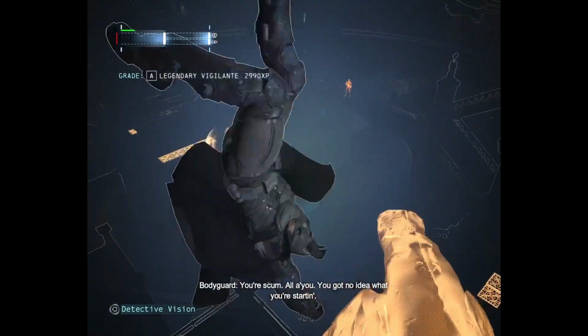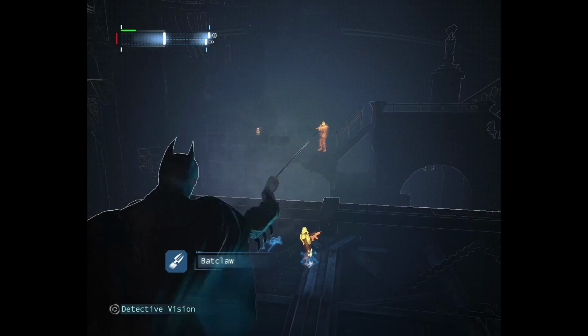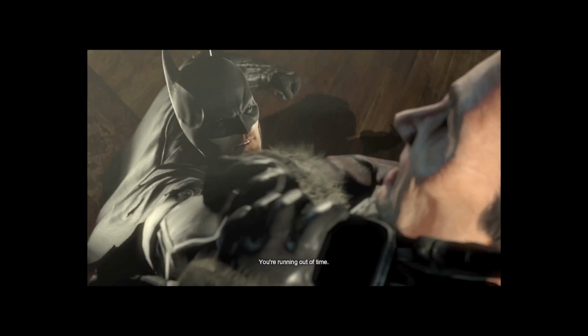I also ran into the first real Predator encounter along the way, but it wasn't difficult at all. I simply camped on this little structure and pulled each and every single enemy over the ledges with the back claw. We can then finally get to the Penguin, interrogate him, and